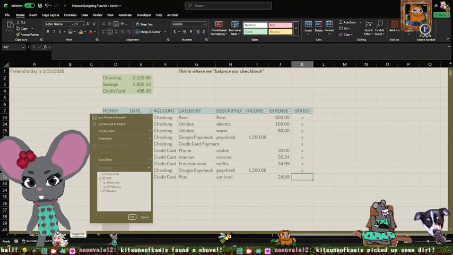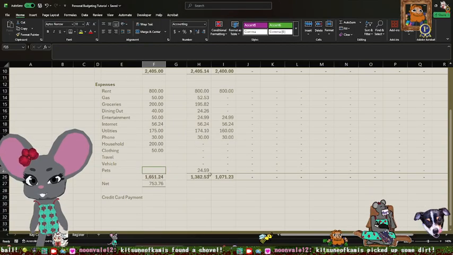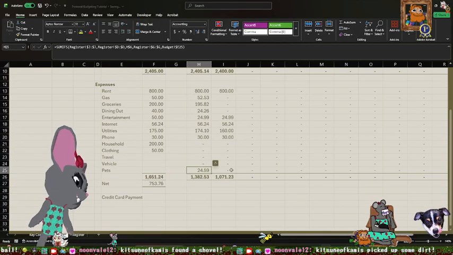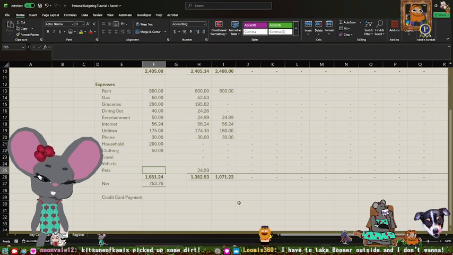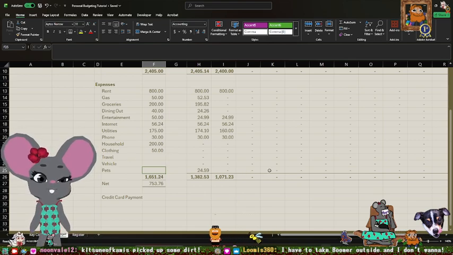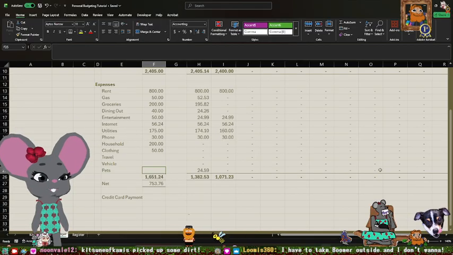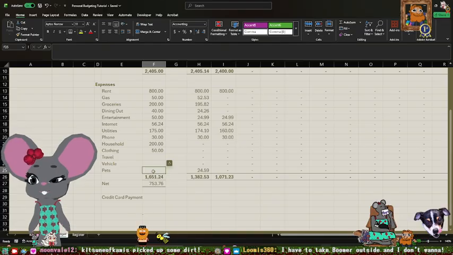There. Now we have a cat expense in here. Let's say we budget, I don't know, this is another one of those things where you just have to keep track over time what your average expenses are, and then maybe fill this in when you have a better idea of what your